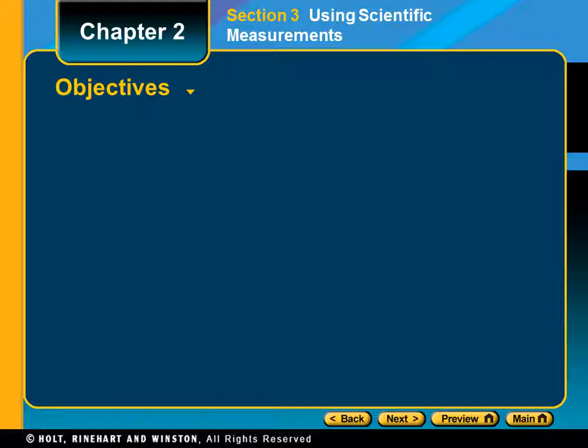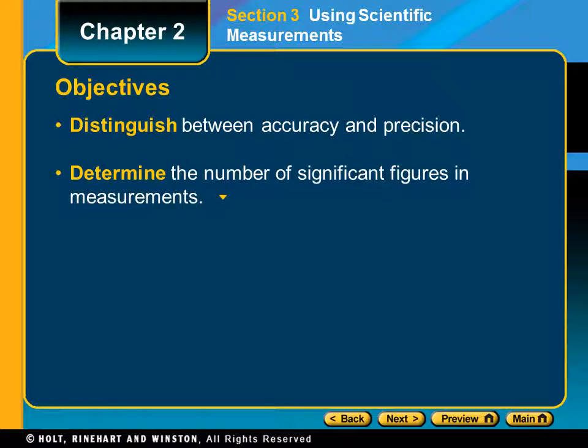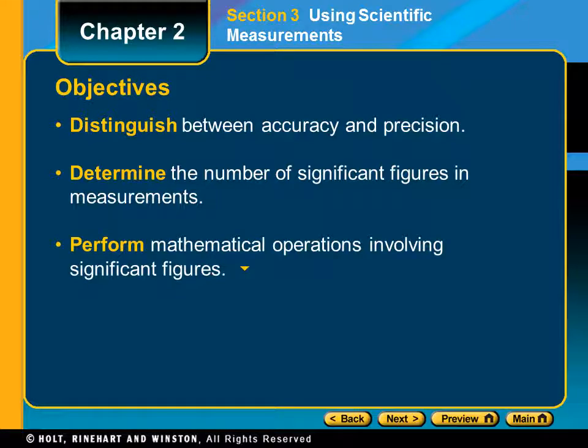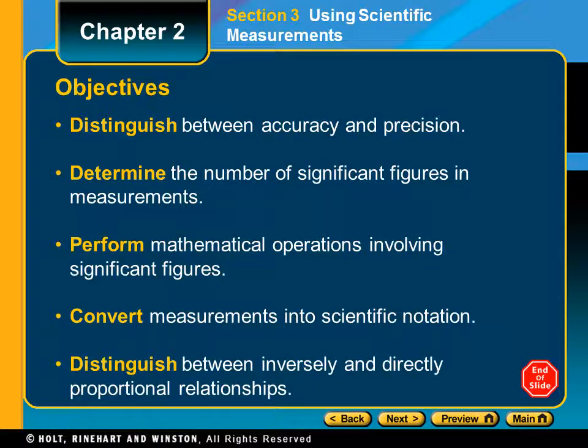All right, guys, we are going to start taking a look at the third section of Chapter 2 and try to round this out. We're going to distinguish between accuracy and precision. We're going to determine the number of significant figures in measurements and learn about the rules in using significant figures and performing mathematical operations involving significant figures. We're going to convert measurements into scientific notation, and then very briefly just distinguish between inversely and directly proportional